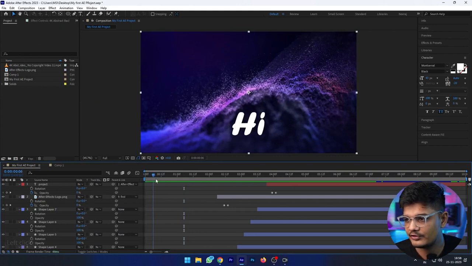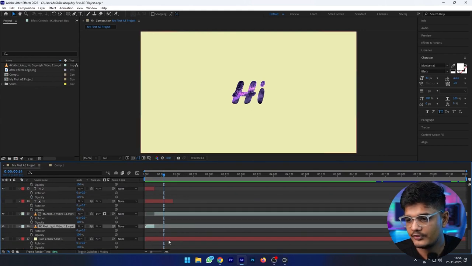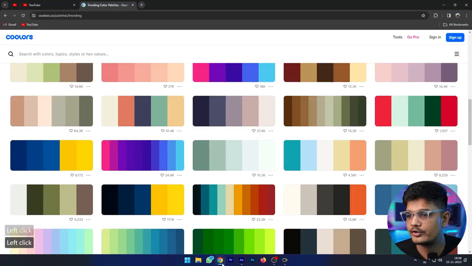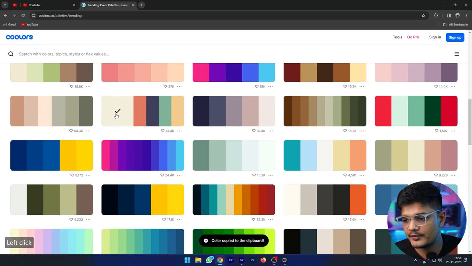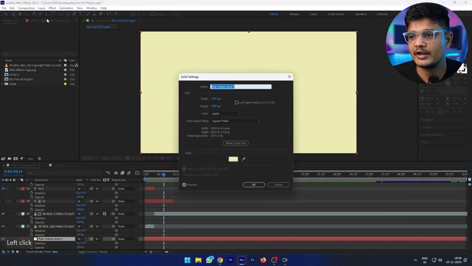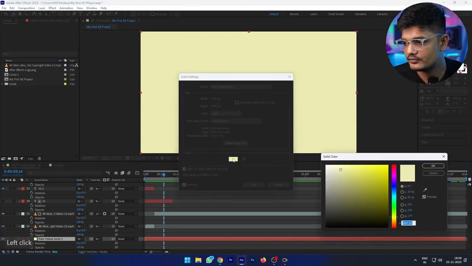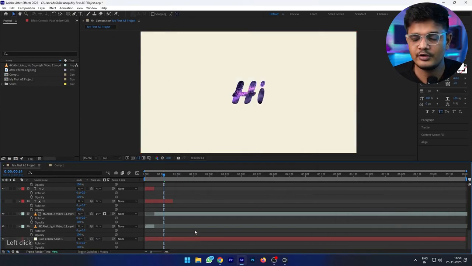Let's use this instead. First change this background color according to the palette that we chose. You just need to click over here and it will directly copy the color to the clipboard. Now layer, solid settings, Control V, and it changed its color.